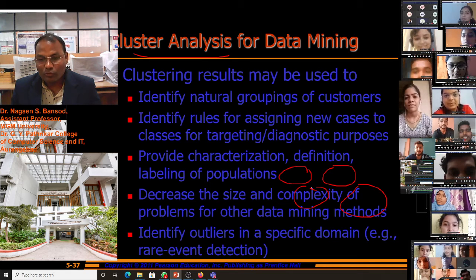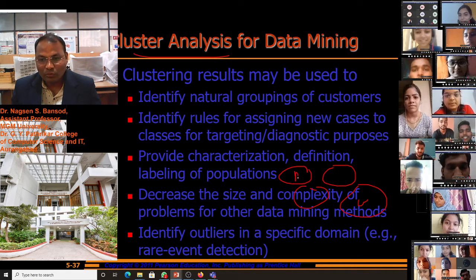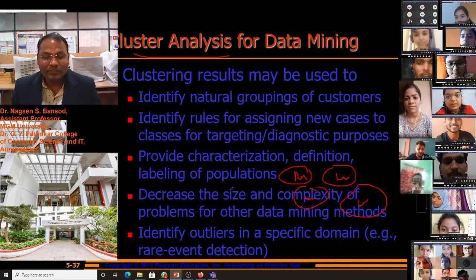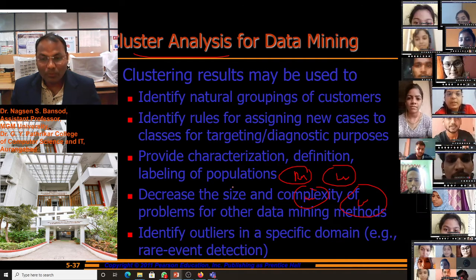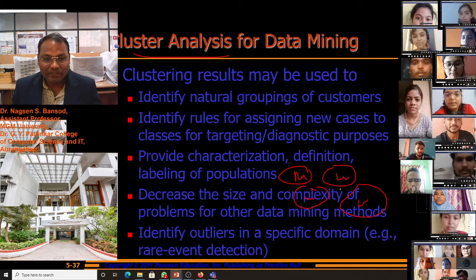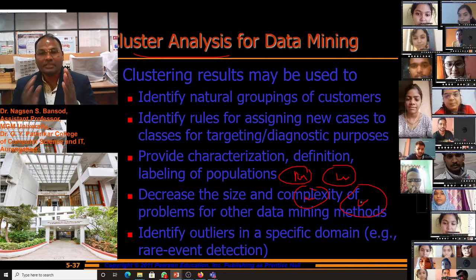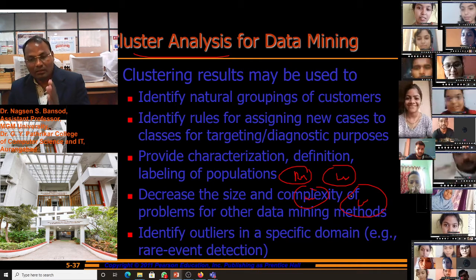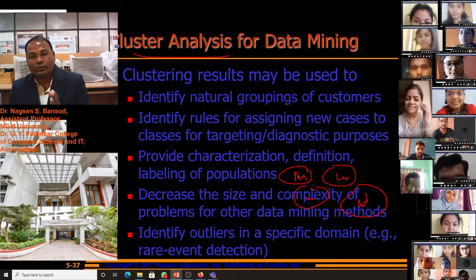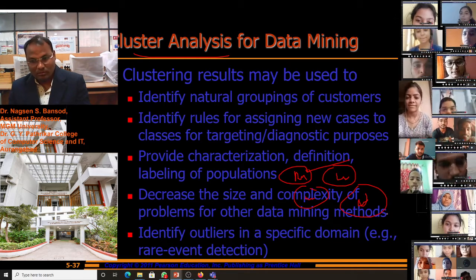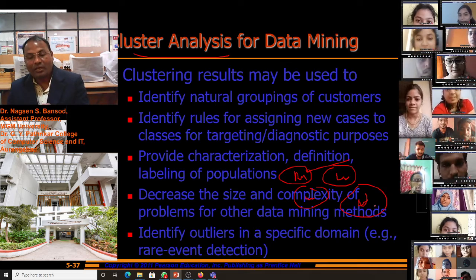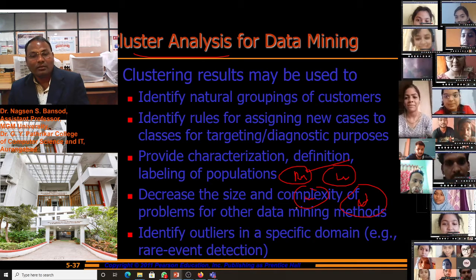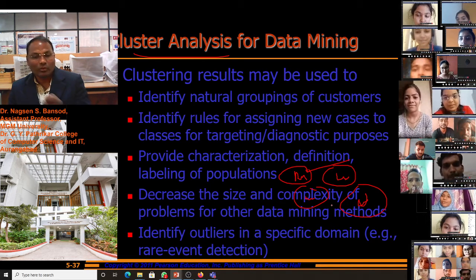Suppose we have these four clusters: urban, rural, lower income group, higher income group. Now on the basis of our business, on the basis of our product, we have to reduce the complexity by decreasing unnecessary information and unusable population. If our target area is only urban, then we don't have to use the rural persons, because our product is strictly usable only for urban people. Like this we have to decrease the size of the complexity problem.